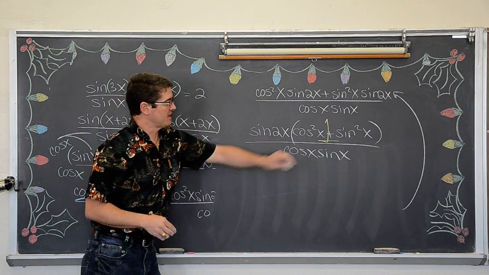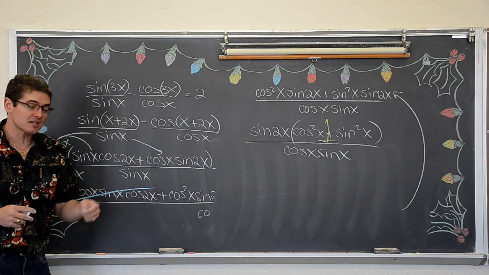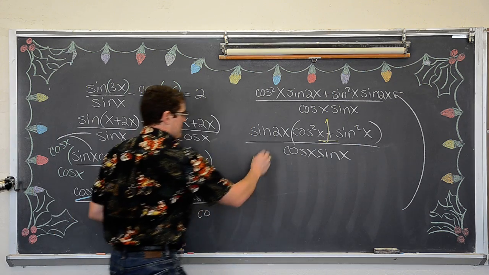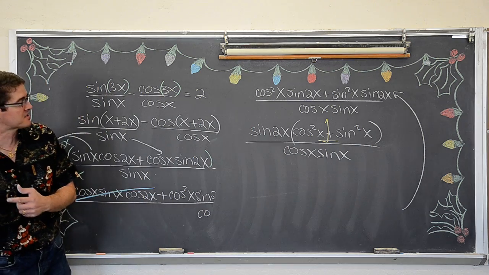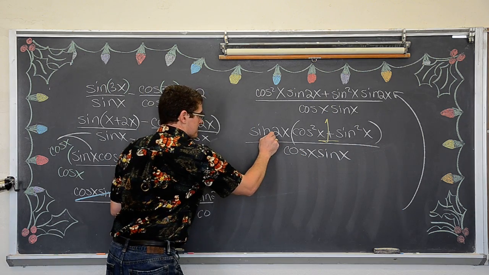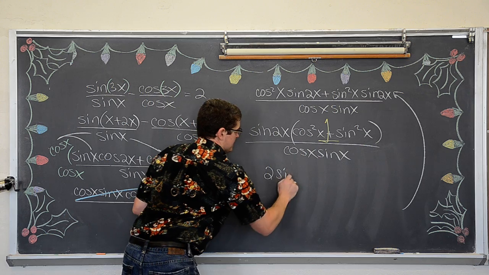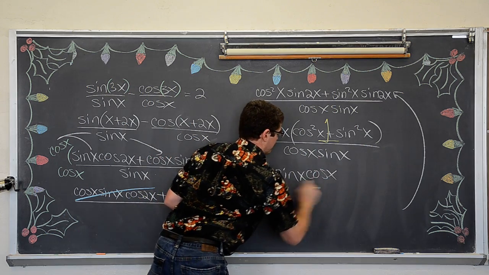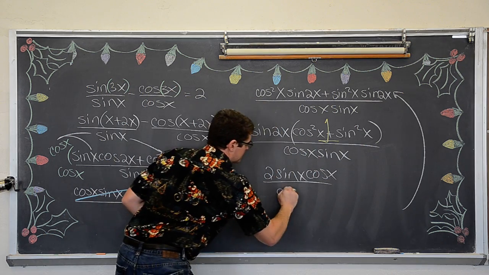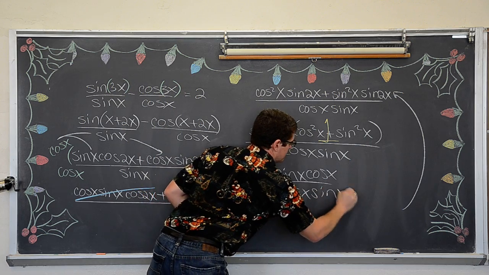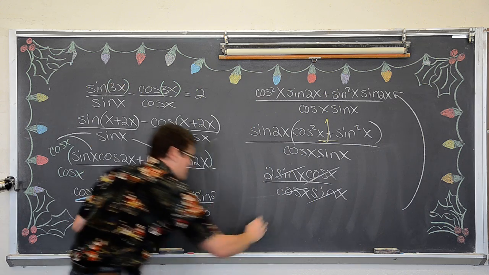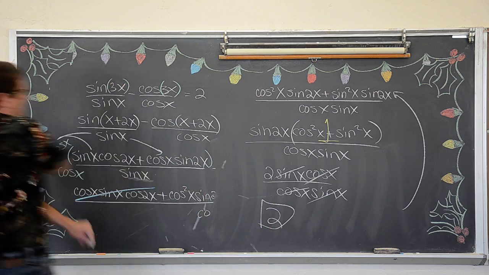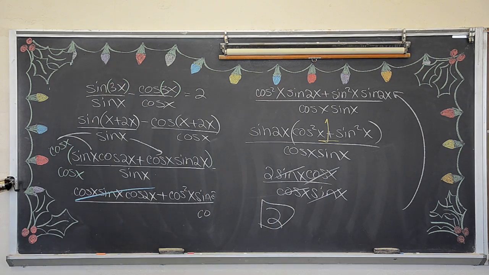So now we have the sine of 2x over cosine x sine x, and we've got a double angle and a single angle, so nothing's going to happen until we fix that. So this sine 2x becomes 2 sine x cosine x over cosine x sine x. The cosines cancel out, sines cancel out, and I just did all that work to get an answer of 2. Are you kidding me? Woo! Bam! Mr. True. Go do your homework.